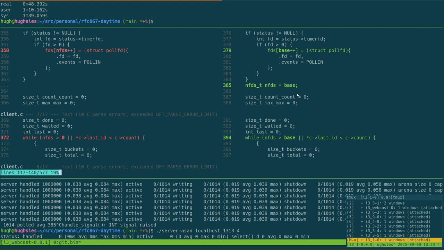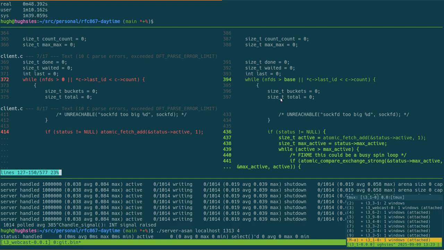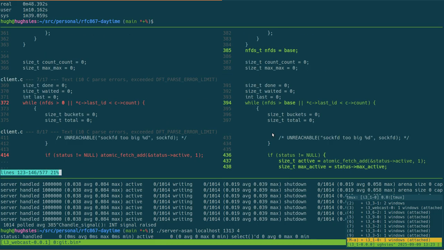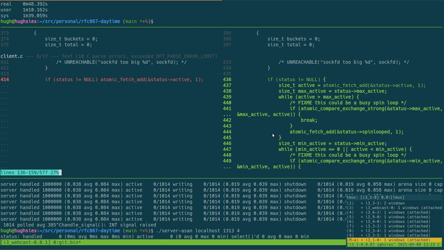It had the timer, but now I've just made it look after the base, which is either 0 or 1, depending on whether the timer is a thing or not. And then here we do a bit more stats collecting. As well as adding to the active, we also check whether the active that we got is actually bigger